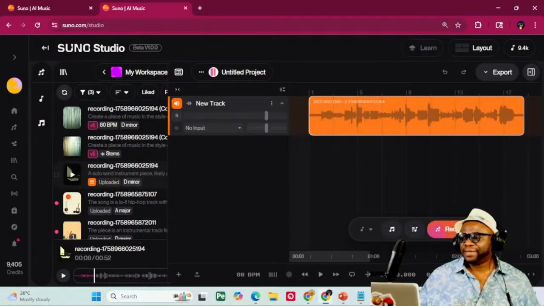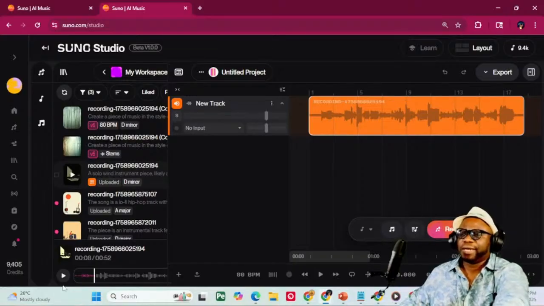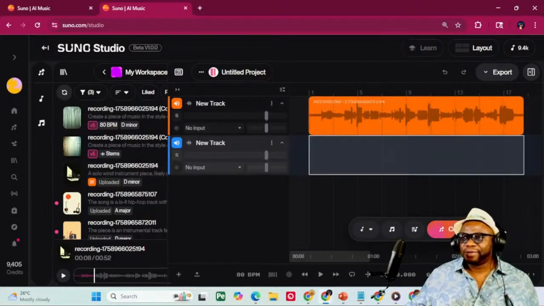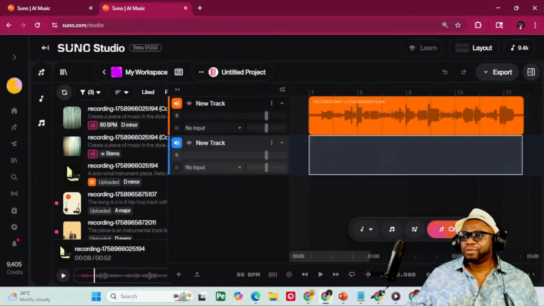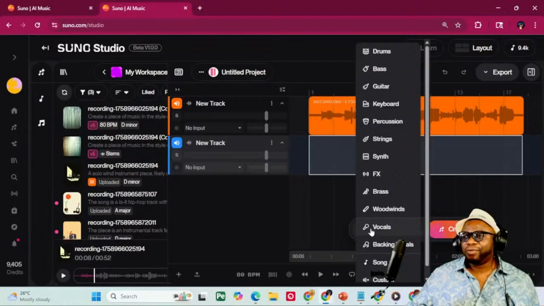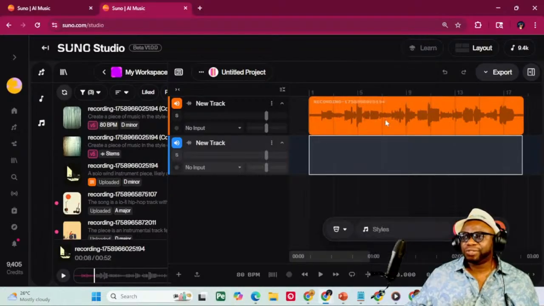So next thing you would do is you would click on the add track, you would add a track, and then you could choose this, right, from here all the way to where it ends. And you could then say, I want to add percussion. And the style, you can just say,